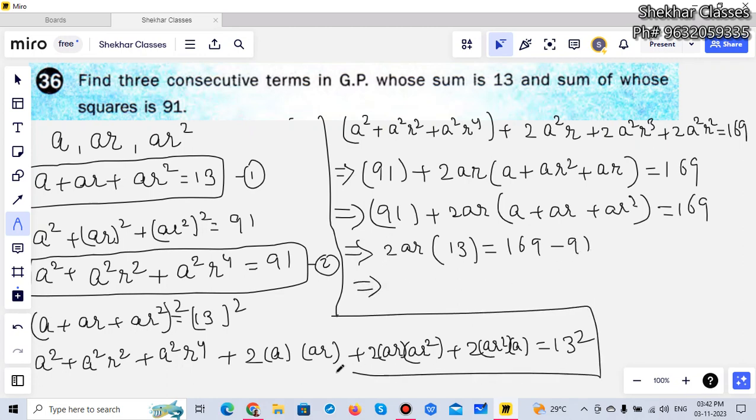So it will be 2AR is equal to, if I subtract 91 from it, 9 minus 1 is 8 and 16 minus 9 is 7, so 78. And if I further solve it, AR will be equal to 78 by 2